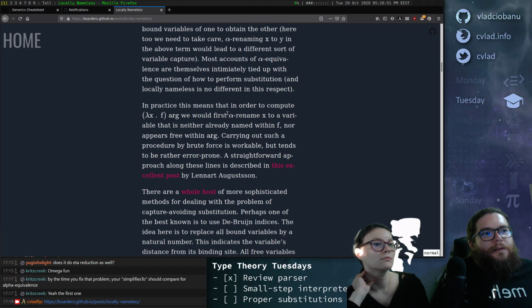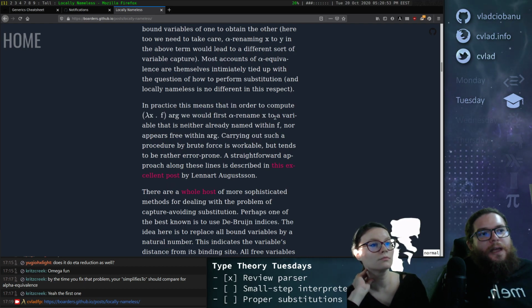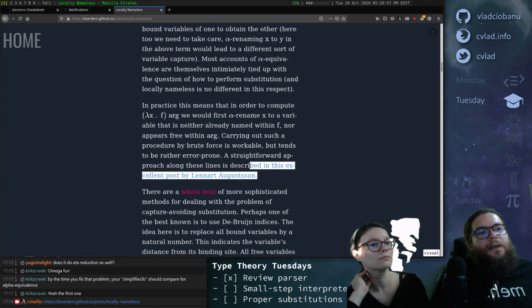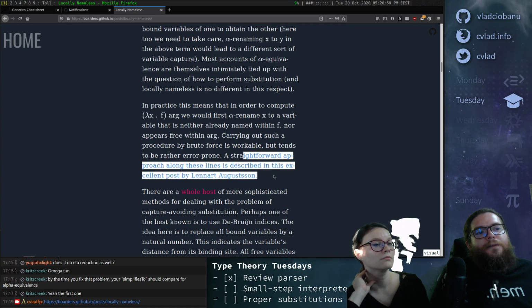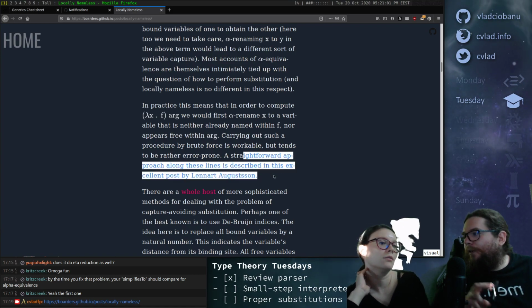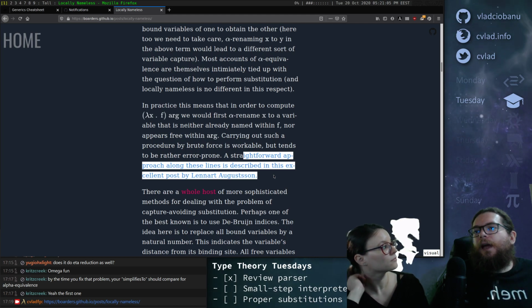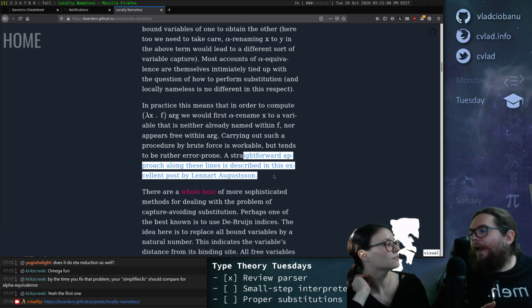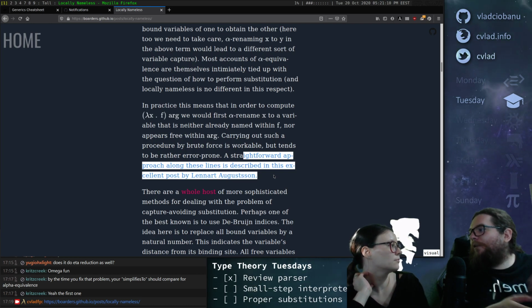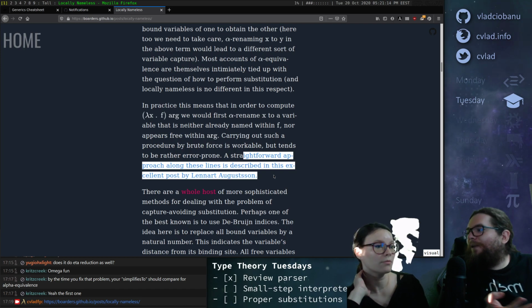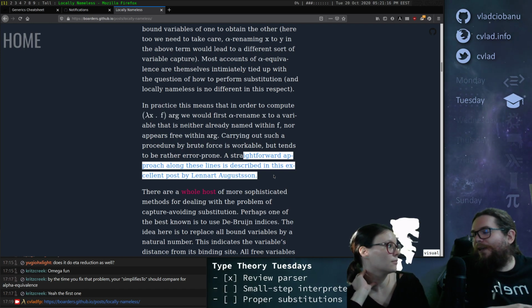So in practice, it means in order to compute, we would first need to alpha rename variables. So this example here is you kind of brute force try to find free variable names and rename them, which would probably be the most naive way that you would do it by hand on paper. Unless it's a huge term, it's not too hard to find new names, and you just rename everything.